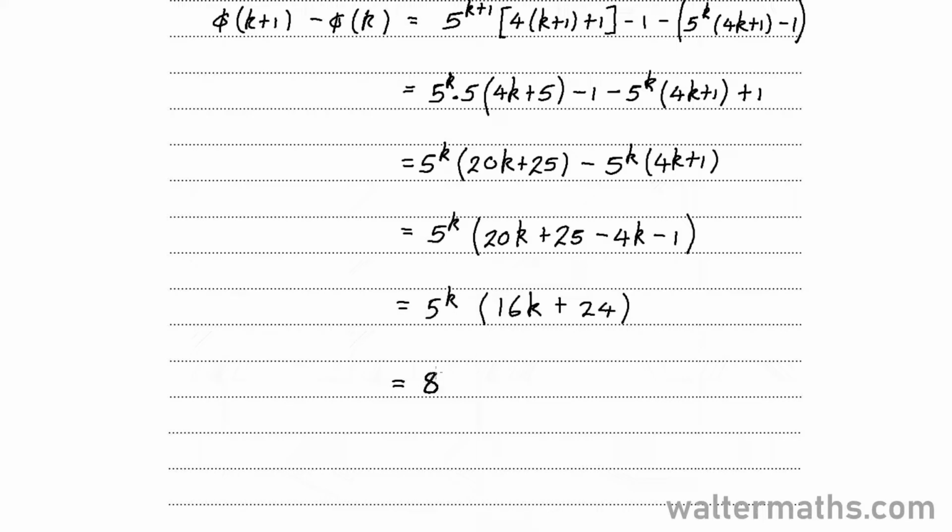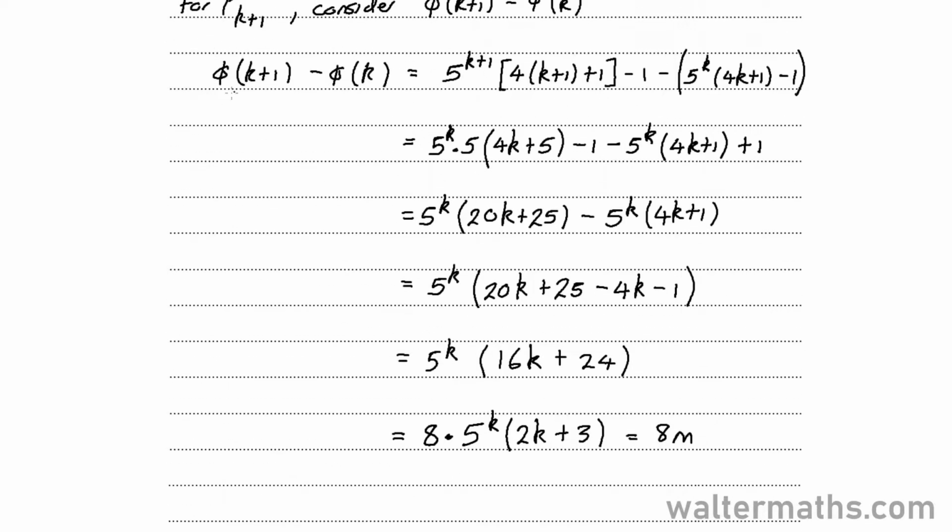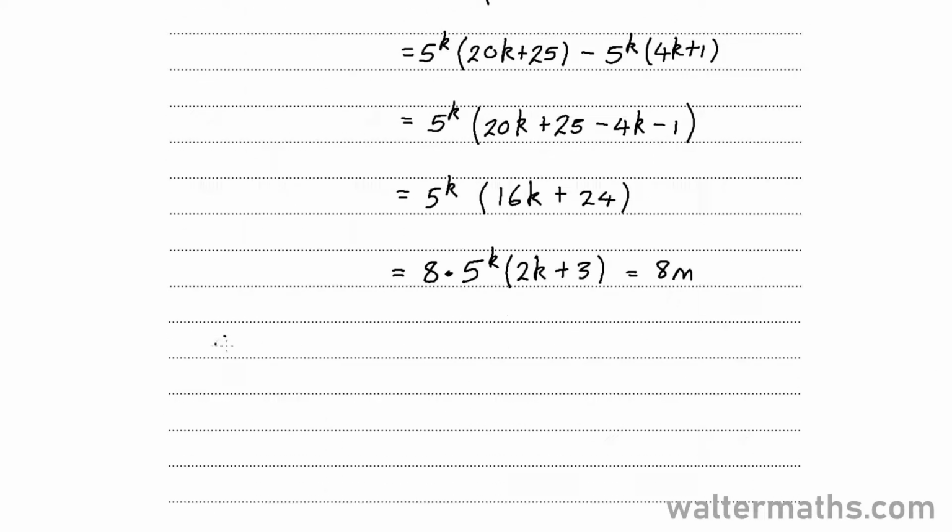So if we factor out 8 from this, then we'll be having 5 to the power of k of, and then 8 into 16k, that's 2k, and 8 into 24, that's 3. And we can say this is equal to 8m, where m is this 5 to the k of 2k plus 3. So in other words, it's divisible by 8. So this 8m is actually for phi of k plus 1 minus phi of k. So let's write that down. So we're saying phi of k plus 1 minus phi of k is the one that got us 8m,